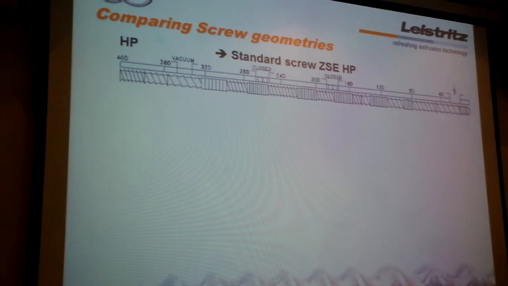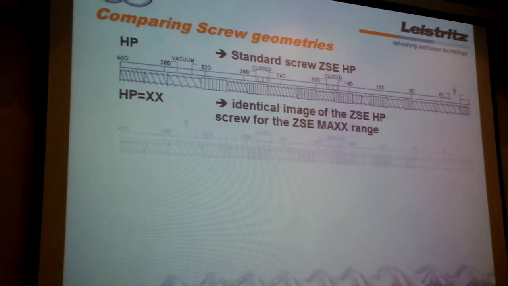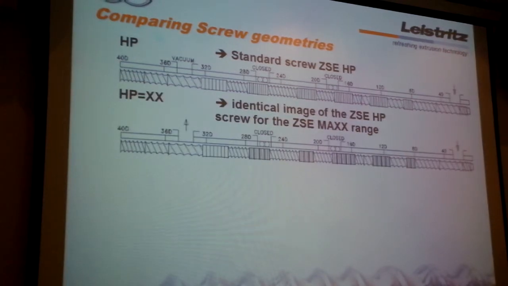And now this is a screw for a 1.5 OD to ID ratio extruder. And what we wanted to do is compare the lower ratio, 1.5, to the higher ratio of 1.66. So basically the screw is the same, to just compare the impact of the OD to ID ratio on the